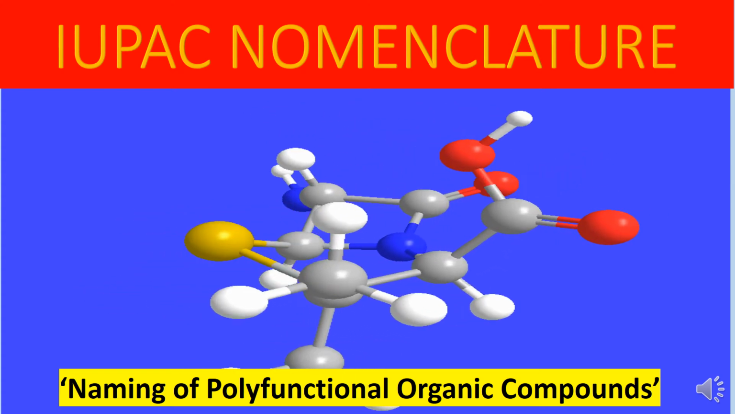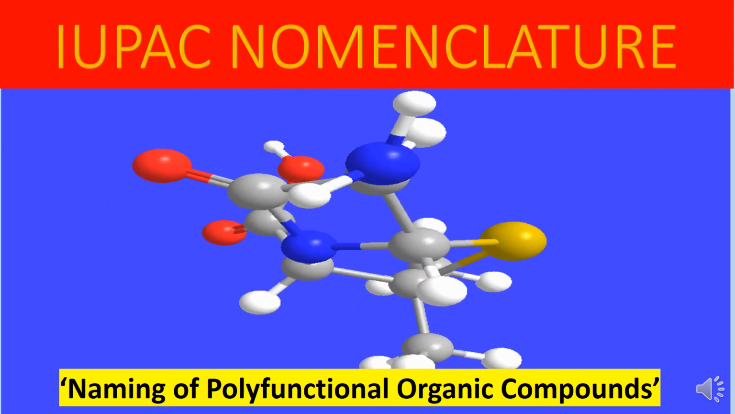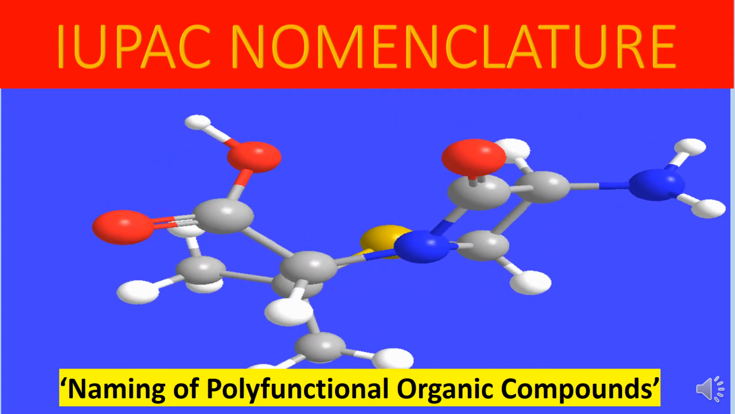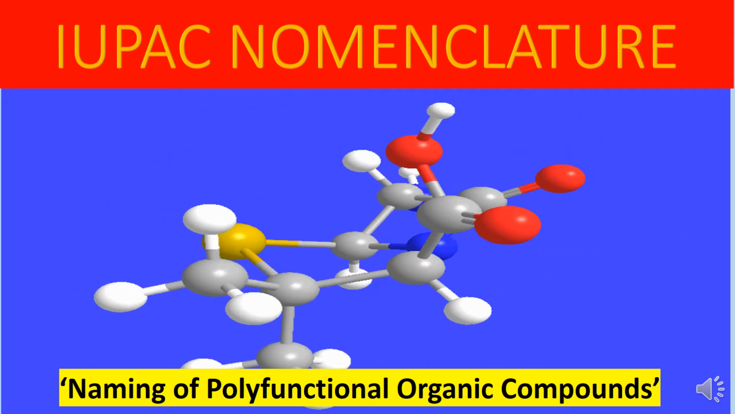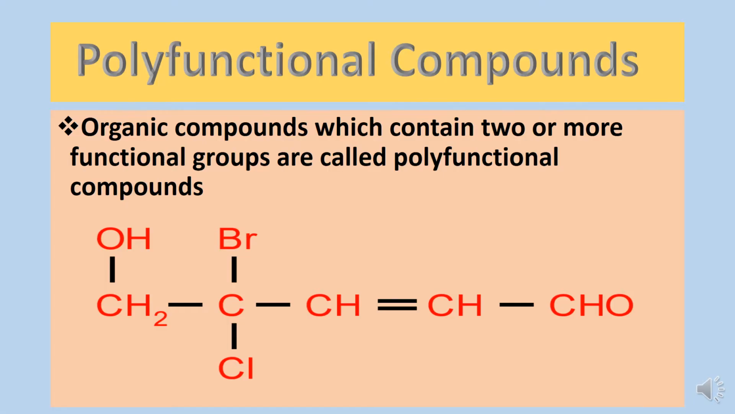Good morning, students. Today we'll discuss nomenclature of those organic compounds which have more than one functional group, means polyfunctional organic compounds. So let us see first what are polyfunctional compounds. Poly means many, functional means functional groups. So all those organic compounds which contain two or more than two functional groups in their structure are called polyfunctional